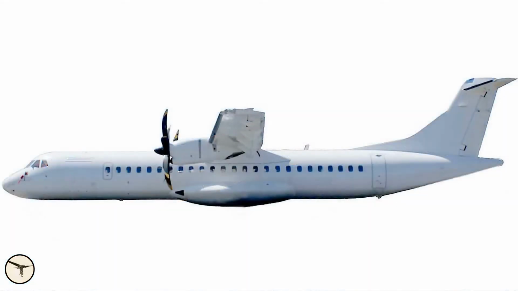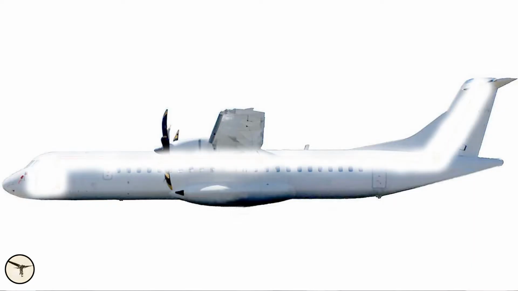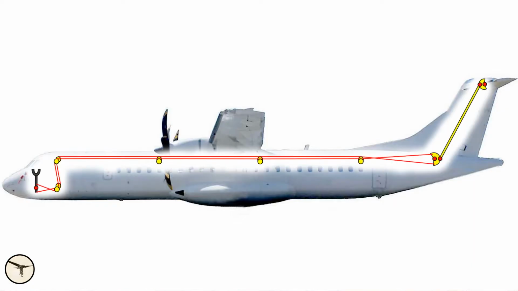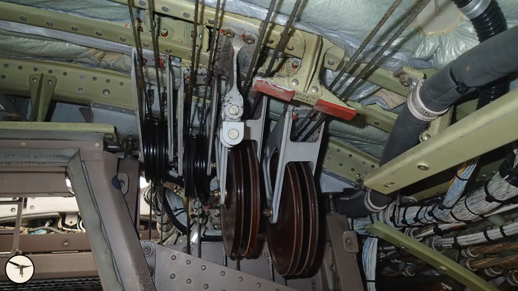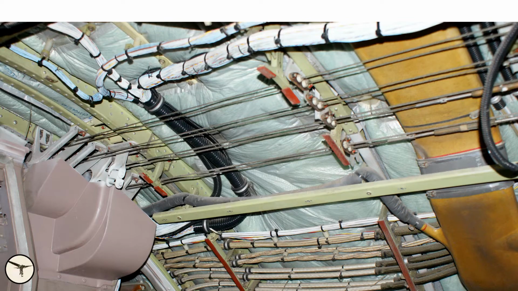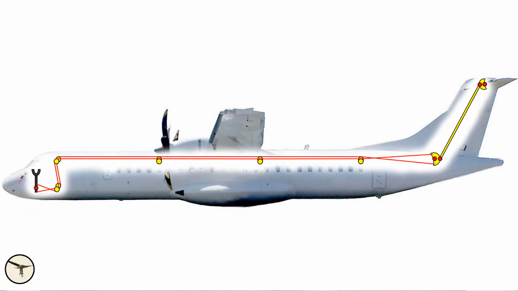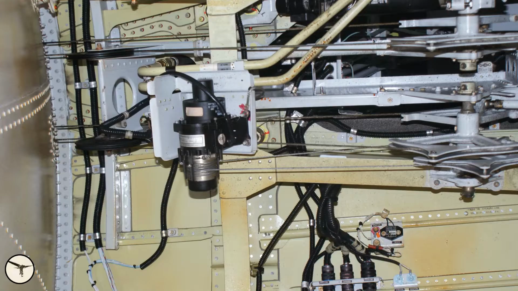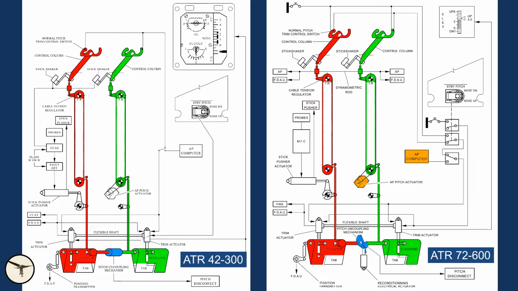Each control column is connected to its associated elevator. From the control columns, there are cables running under the floor to the electric and electronic racks, up to the ceiling, and then aft to the tail cone area. Here, the cables are attached via bell cranks to control rods, which act on the elevators. The captain controls the left-hand channel with the port elevator, and the first officer controls the right-hand channel with the